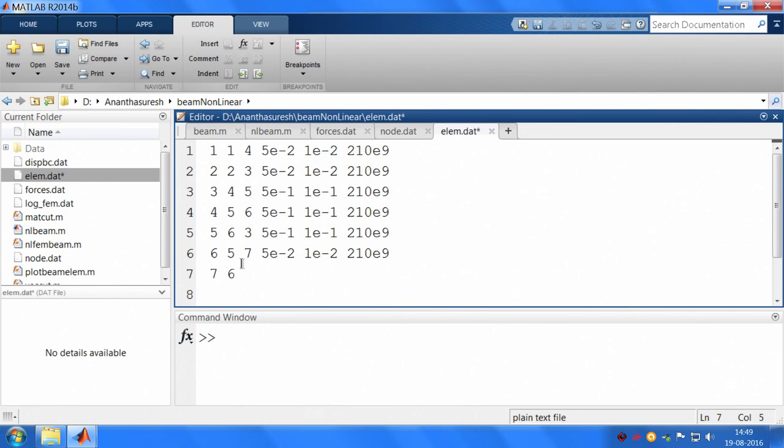6 and 8. 6 and 8, as you remember from nodal data, they are one below the other, again that is 5 E minus 2, and then 1 E minus 2, and then 210 E9. Okay. And then I also want to have these rigid elements that we have. So I already have 7 elements. I need to add a few more now, that is 2 rigid elements that we have, element 8